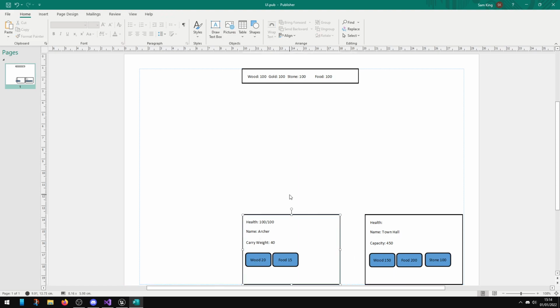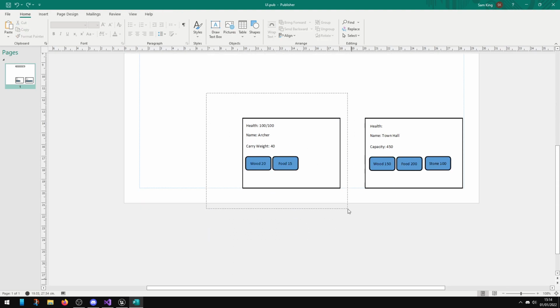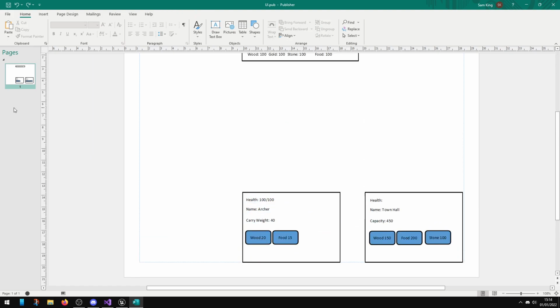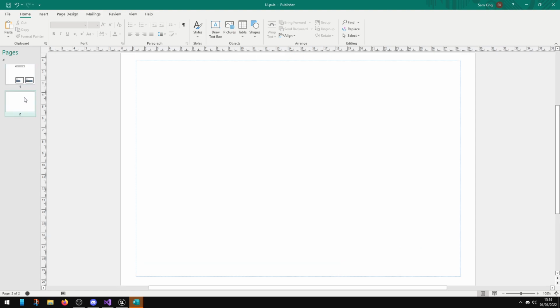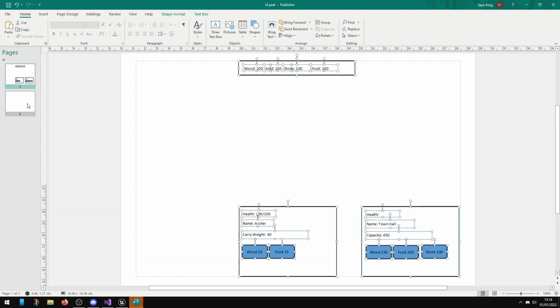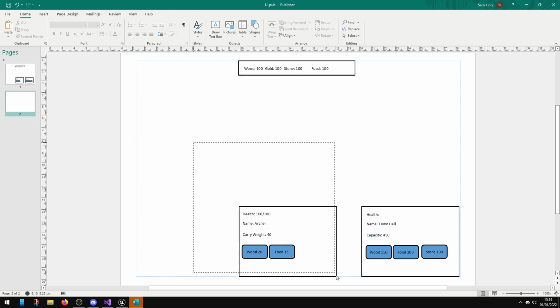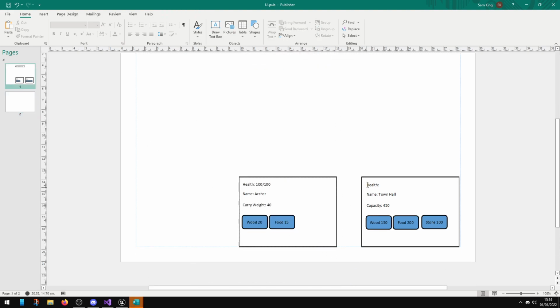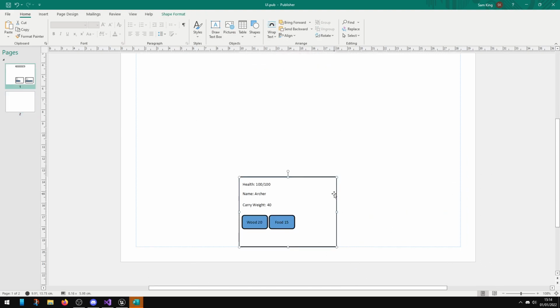And if I were to do something like, let's make a new page. I think I can do that. Copy and paste, and this one's the building one, this one's the unit one. And if we put this across here, so we want something like